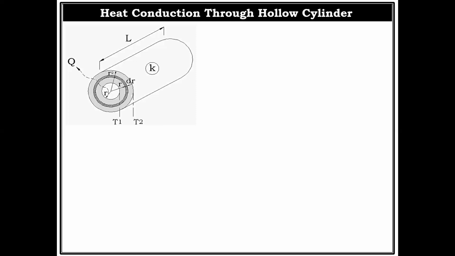So we have to consider one elementary area and find some equation, and that equation we have to integrate within a limit of inner surface to outer surface. Then only can we reach our final form of heat conduction through this complete hollow cylinder. So friends, if we consider an electrical analogy for this problem, then there will be only one resistance, that is conduction resistance, which is R thermal.